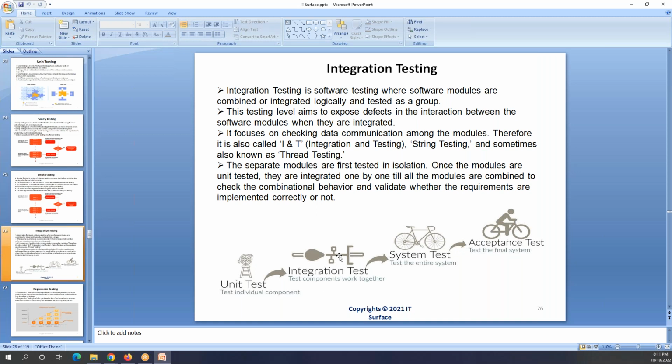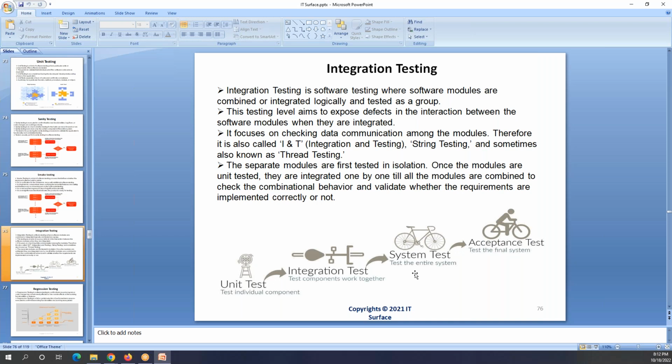After integration testing is done, you do system testing: you ride the cycle on the road, checking the brake, the speed, the bell, the alignment. These are your system testing.